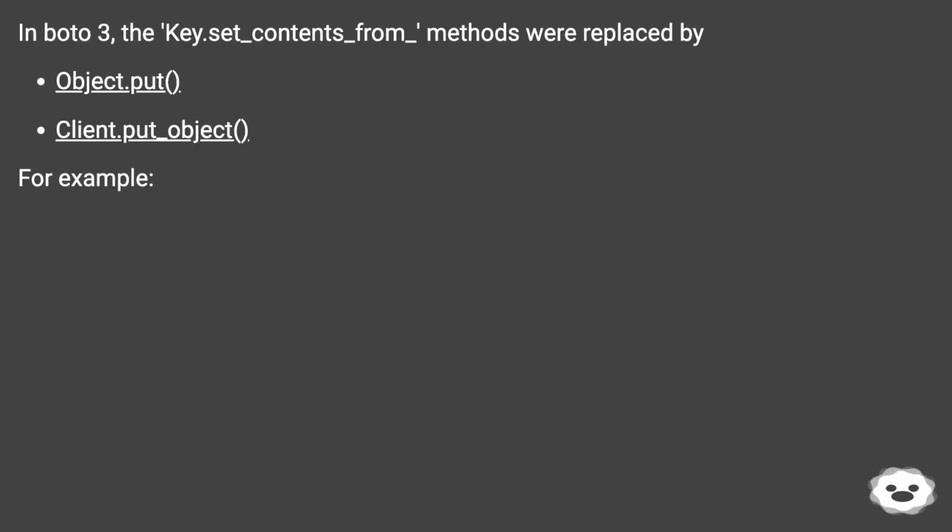In boto3, the key.set_contents_from_ methods were replaced by object.put, client.put_object. For example,